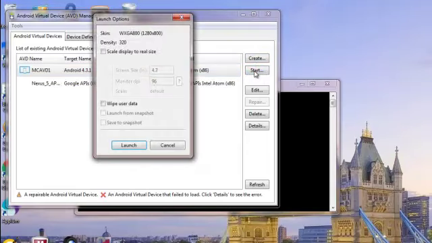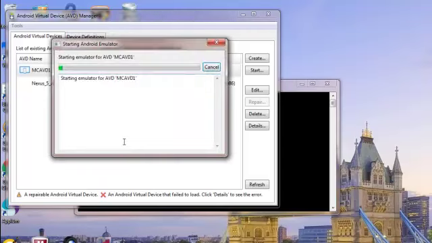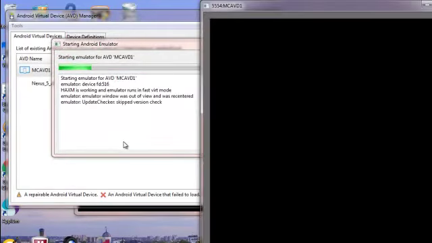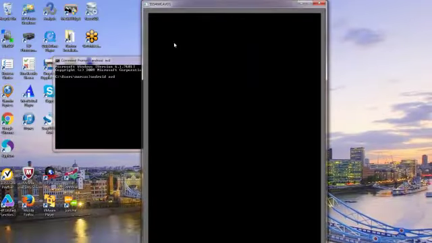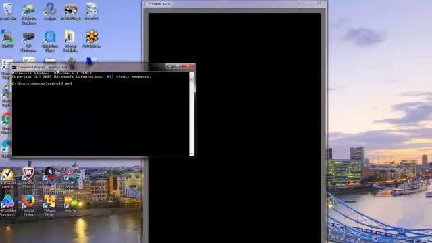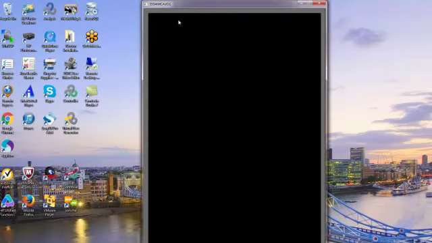So we're going to start it up. I'm going to launch it now, and away it goes. So it's going to create an emulator pretty quickly. There it is. But this takes a little bit of time to fully initialize. So what we're going to do is just iconize that and take it out of the picture while we do our next steps,